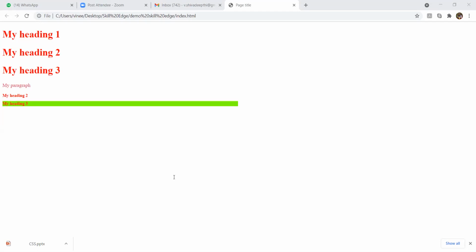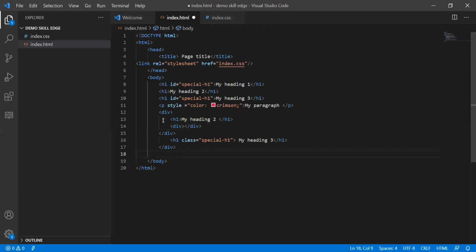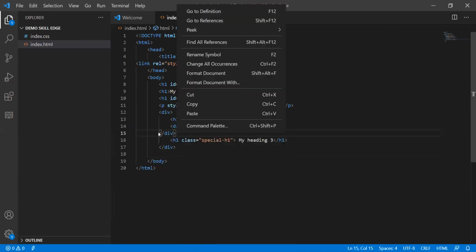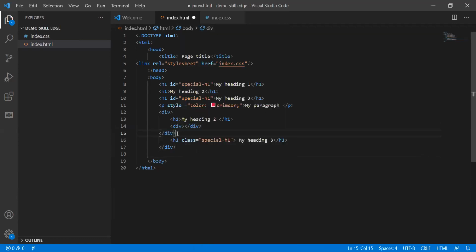One more div tag I'm using here. Share your Visual Studio screen. Okay. Here I'm creating one more div tag inside this div tag. This is a parent tag and this is a child tag, which are seen here. This is the div tag I have used here. I have created as a child tag.